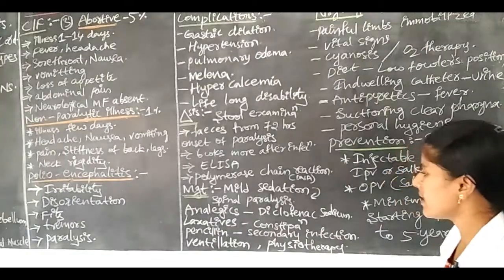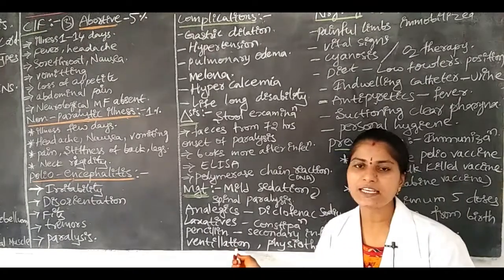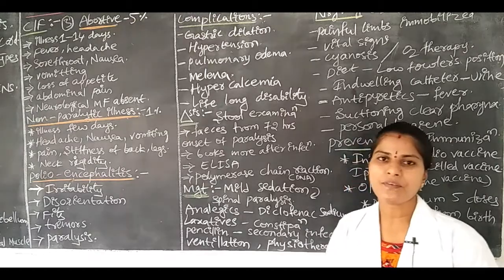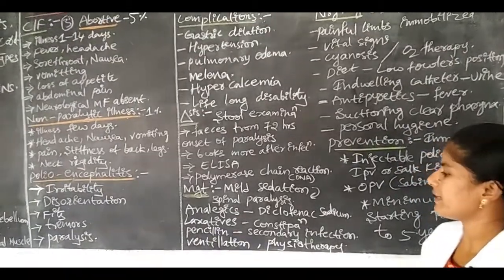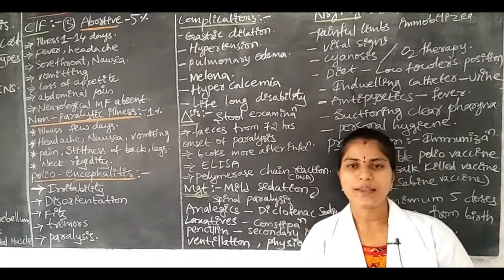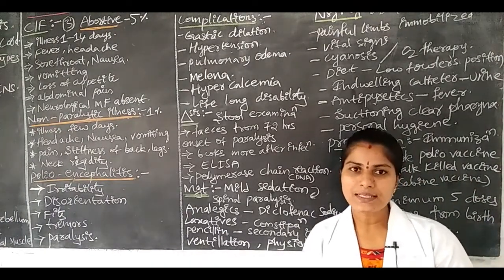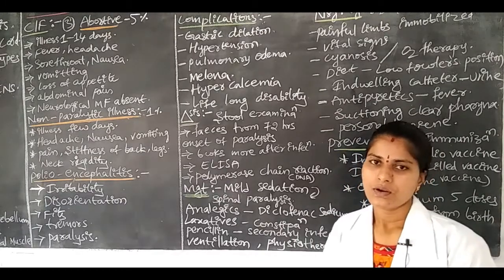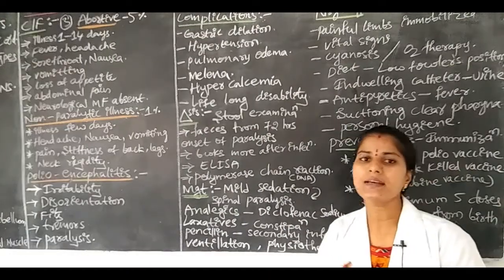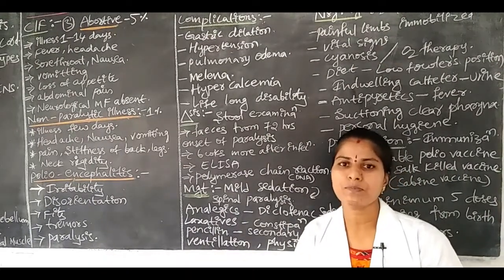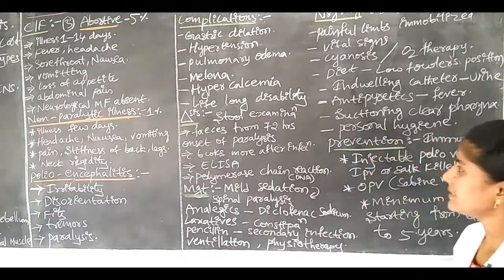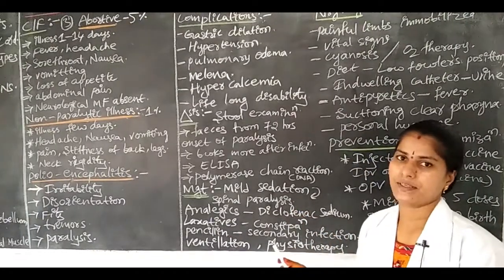Okay, next we have to provide ventilation. If any breathing difficulty is there in the children, we have to provide complete, proper ventilation. Next we have to do the physiotherapy. Why? Because the skeletal muscles are completely paralyzed, no? Okay, for improving movements, we have to do physiotherapy in the children who are affected by this poliomyelitis disease condition. Okay, this is regarding medical management.